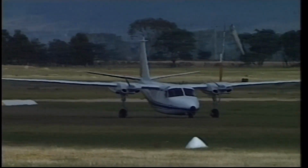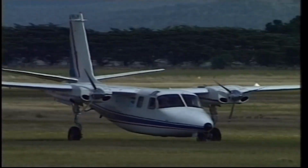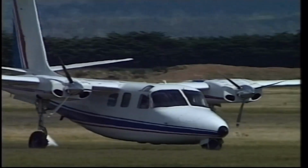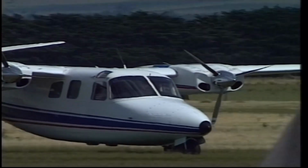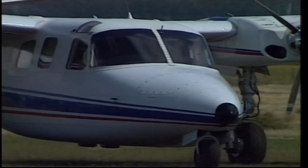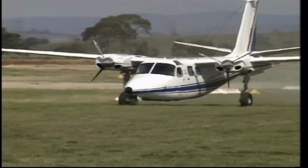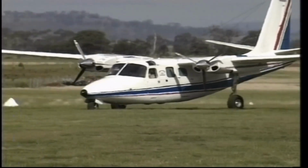Picking it up and rolling it on the other tip. Not looking good. It's not looking good at all. Both of those propellers are absolutely stationary. Bob Hoover is rolling towards me, and ladies and gentlemen, I want to tell you, as he touches the brake...